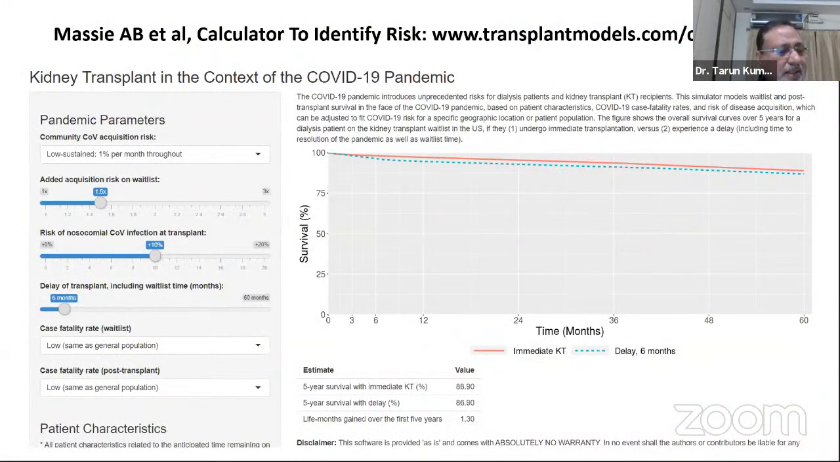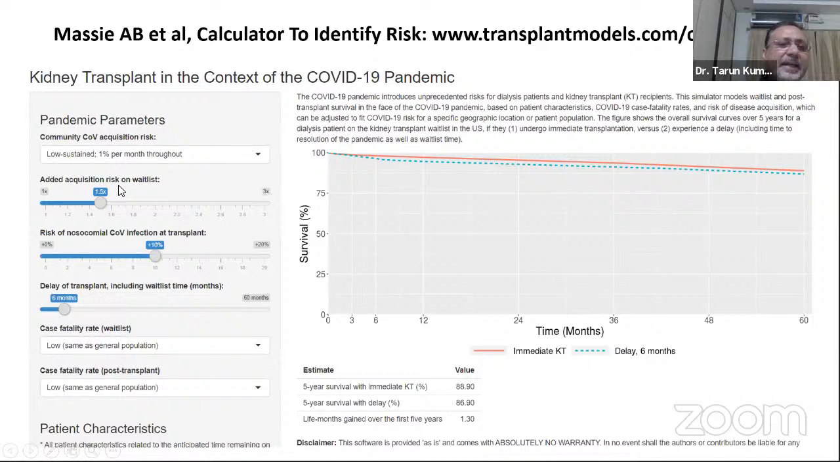So now the question is, is there any way that we can stratify the risk and decide what to do, on a calculator or in a mathematical way? Massey et al. tried to invent a calculator which, they say, can identify whether it is better to stay on dialysis or go for transplantation. This can be seen on the website www.transplantmodels.com/covid_sim/. Here they have taken the parameter of community acquisition risk,